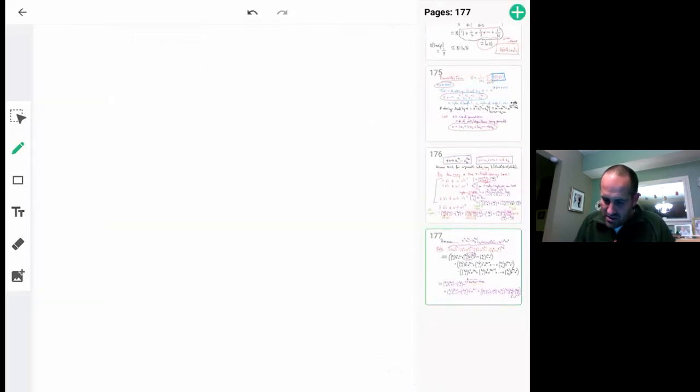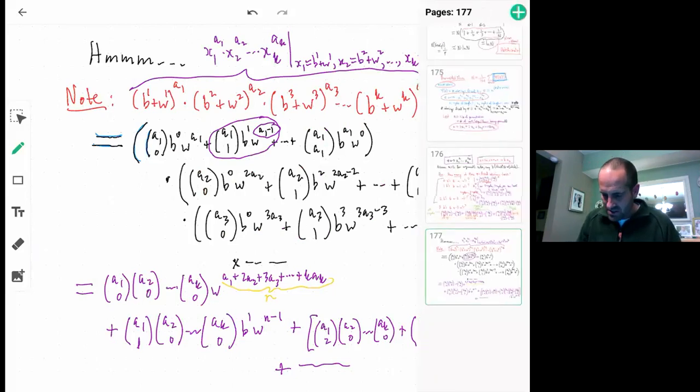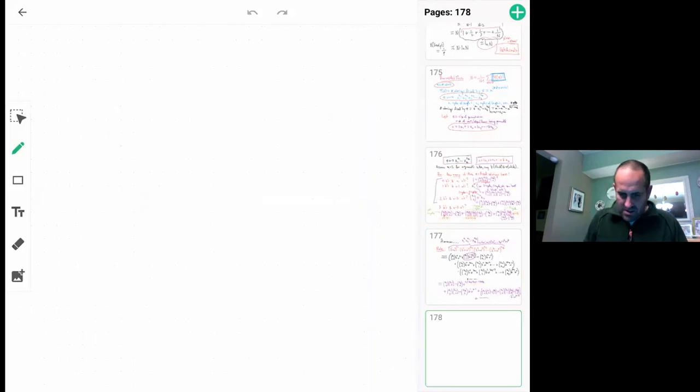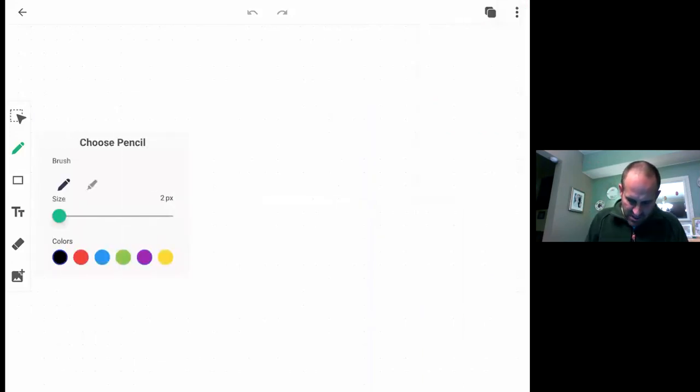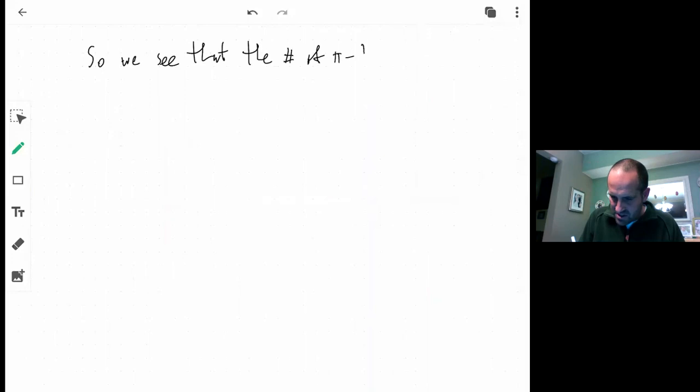So what have we noticed? What have we noticed here? So this is amazing. Therefore, and this is kind of the big punchline here, let's write this on the next page. So we see, and we flat out have proved it, so we see that the number of pi fixed colorings,